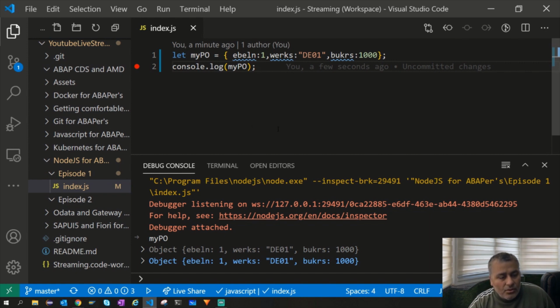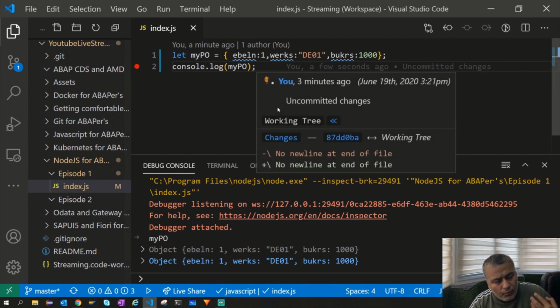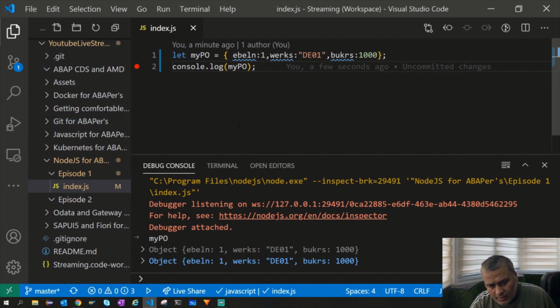Okay, so let's move a step forward. Now we are able to run our code here, right? Since it's the server side, we don't have a front end as of now, so everything we are going to look at through a server. The plan is that we will create an API which will create an endpoint.